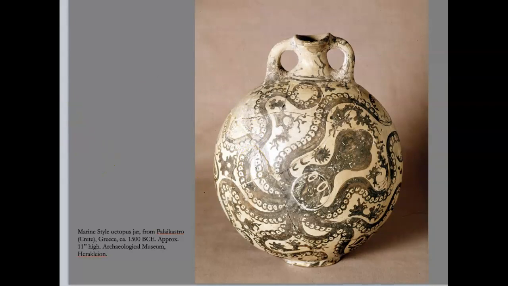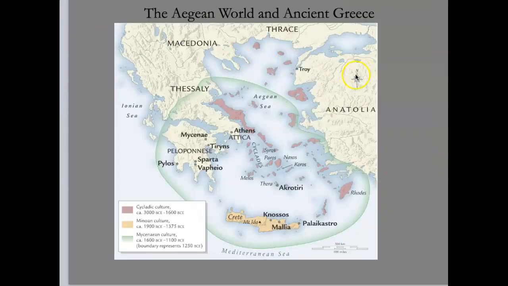Okay? So we've now looked at two of the three cultures that I said we were going to speak about today, the Cycladic culture, and we just looked at the Minoans and specifically the palace at Knossos. And you can see how being surrounded by water, of course, your art is very much about that. But now we're going to go to the last culture we're looking at today, the Mycenaean culture, and that is very much the people of the mainland.